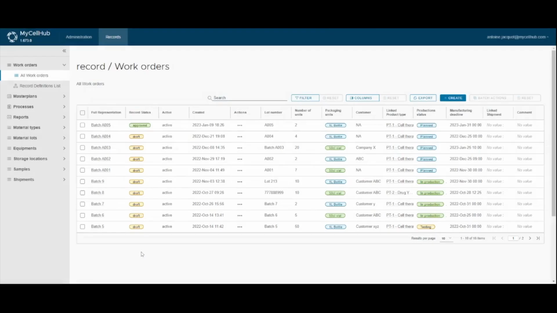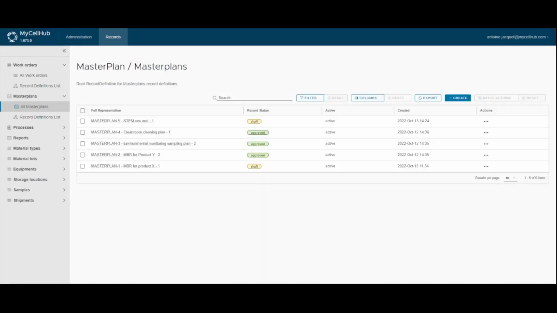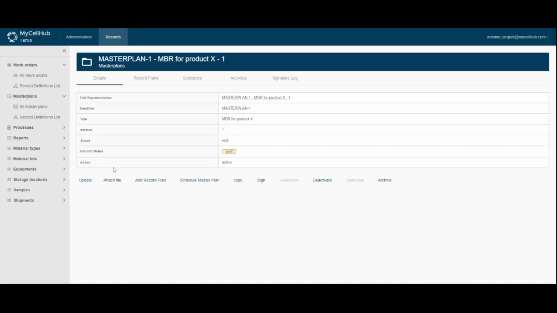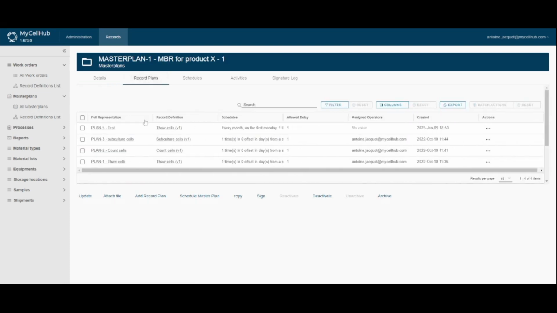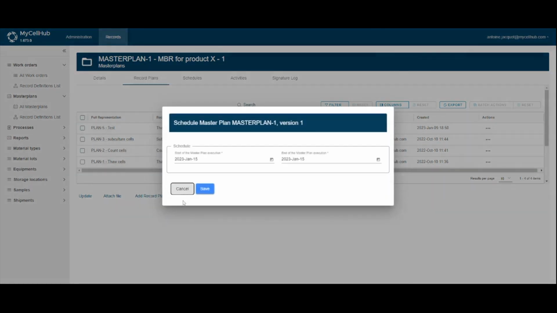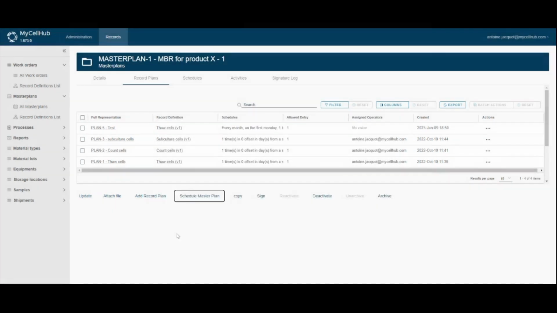So we already have processes scheduled for today. If that weren't the case though, planning processes can be very easy. All you have to do is go to Master Plan, then click on the product that we want the processes to be scheduled for. Here, you may actually review the different unit operations enclosed and the operators they are assigned to, or directly schedule them by clicking on Schedule Master Plan. It's as easy as filling in the start and end of the execution, then hitting Save. So now that we've got our few processes assigned and scheduled in,